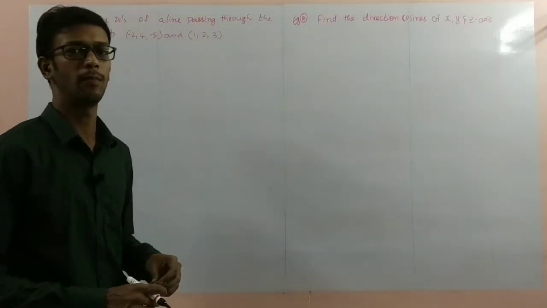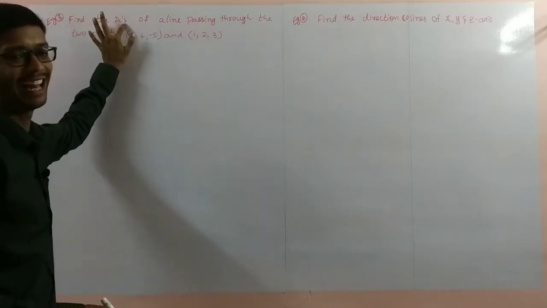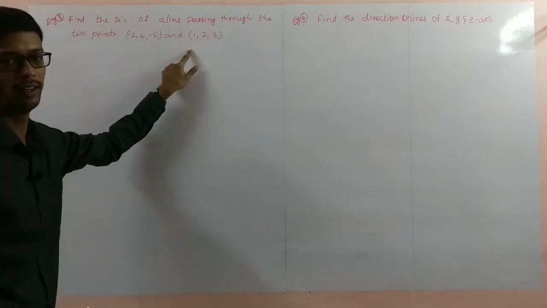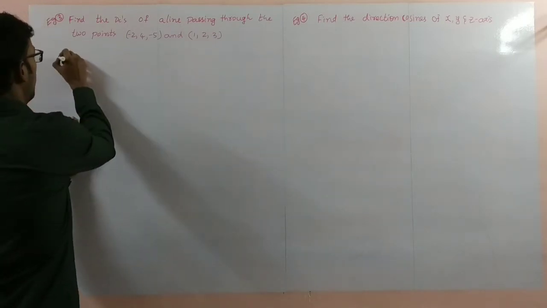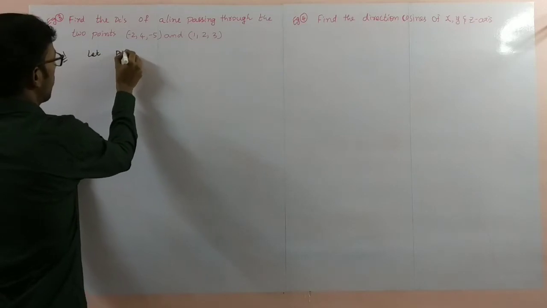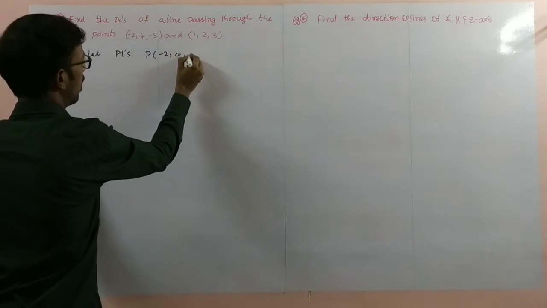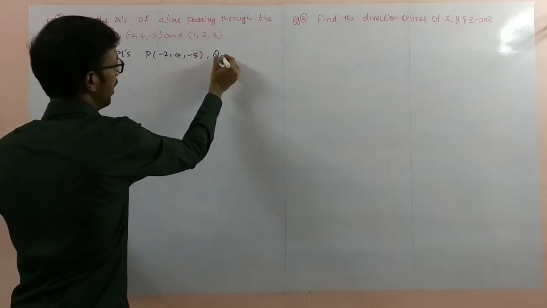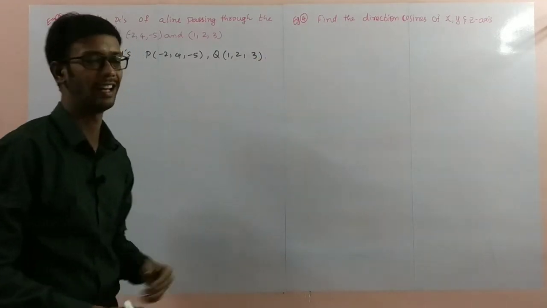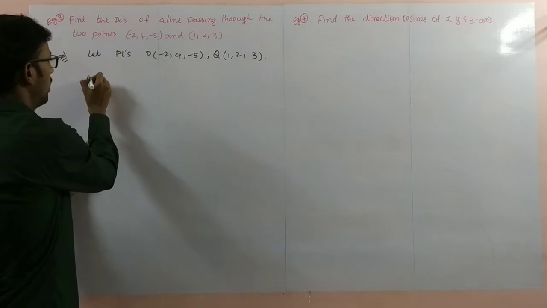Now example number 3. Find the direction cosines of a line passing through 2 points. First of all, let the points be P of minus 2, 4, minus 5 and Q of 1, 2, 3. Given points, taking them as P and Q. We know that